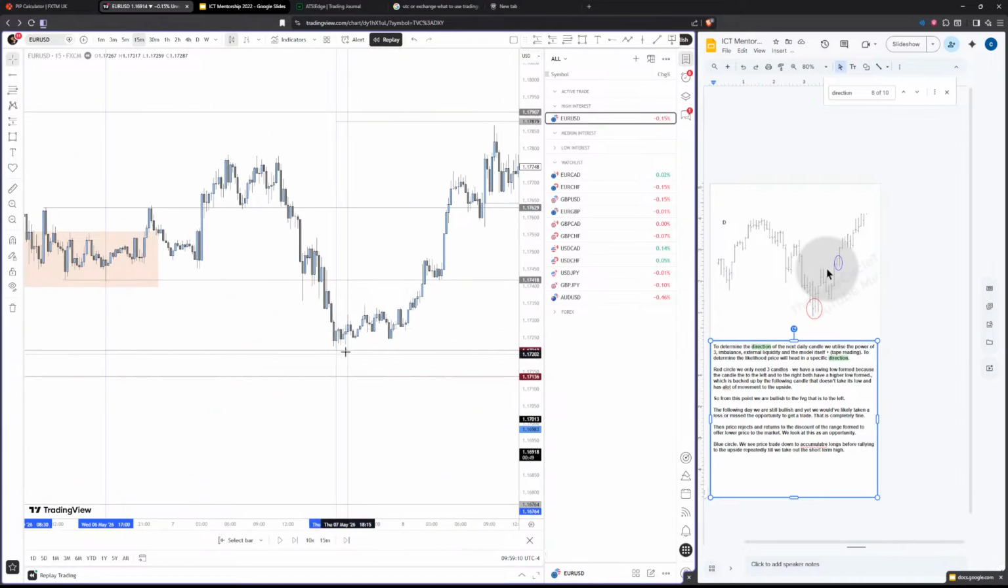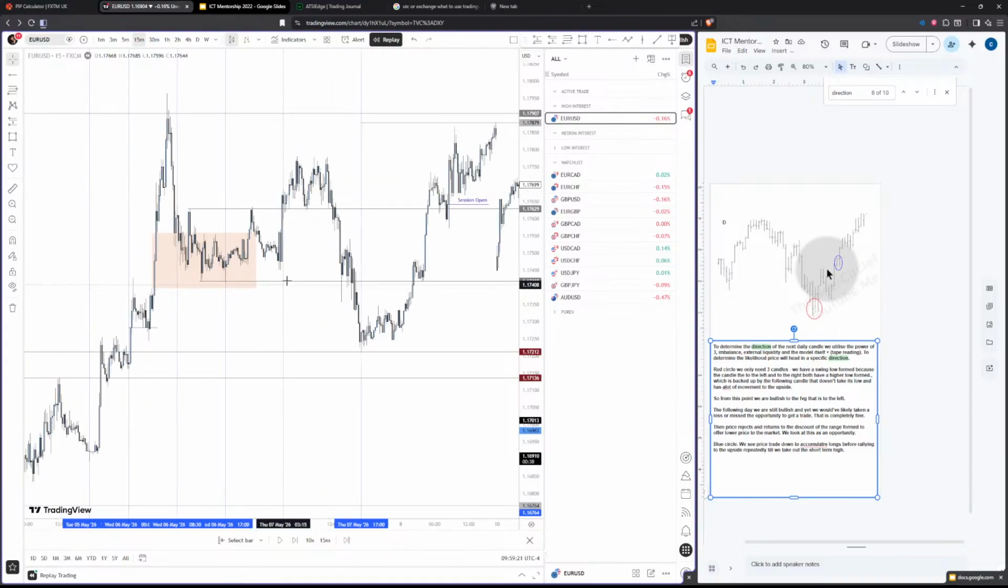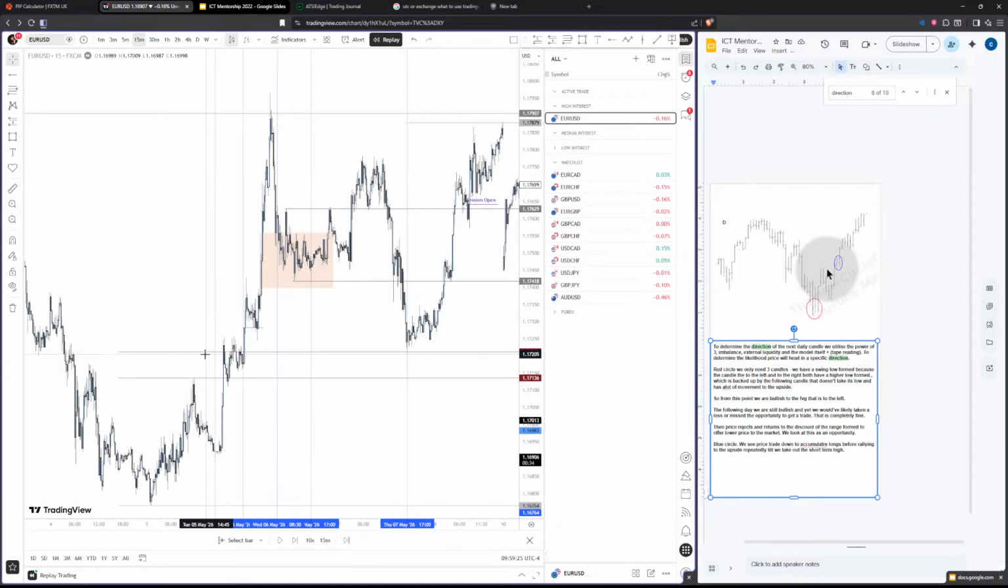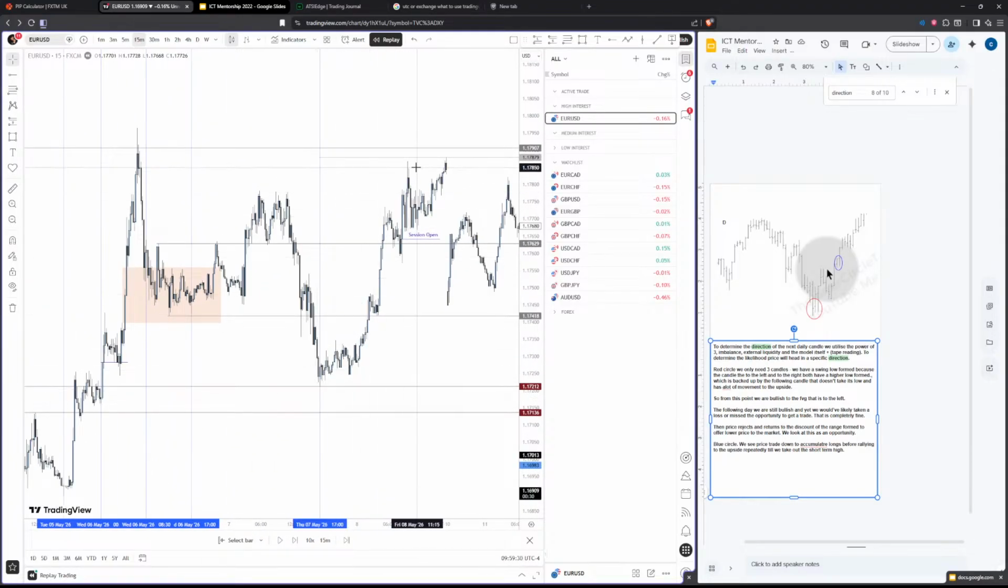Okay, so we then create this fair value gap up. So we sweep, sweep. Normally when we get this double sweep, it is sweep, sweep, and then we push up. This one swept, came down to this area, created a fair value gap, then pushed up. So I would have expected